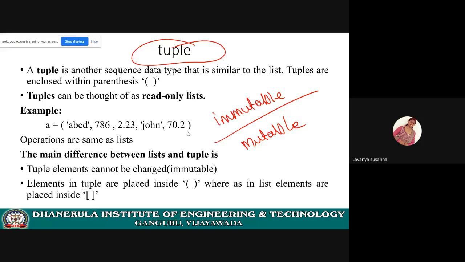Whether they are integers or floats or mixed values, it will store any type of values, just like a list. Here, list is mutable. Remember this: immutable data types and mutable data types. List is a mutable data type. How do you say it is a mutable data type? Because you can update any value. I will execute and show you.